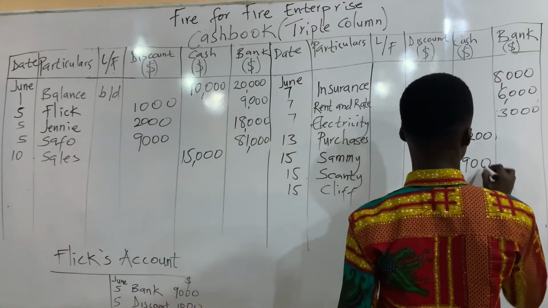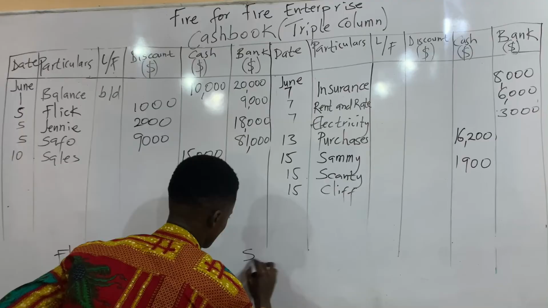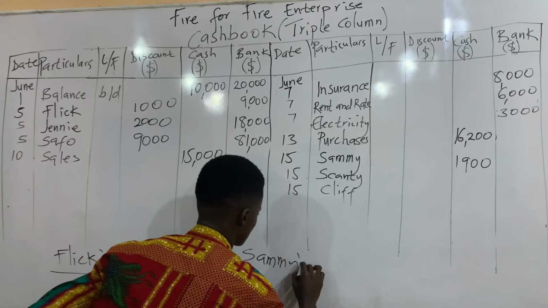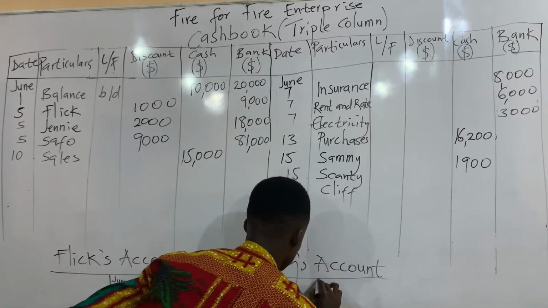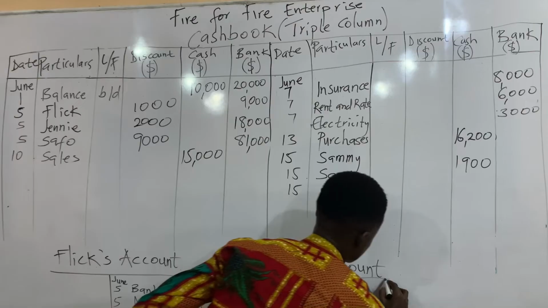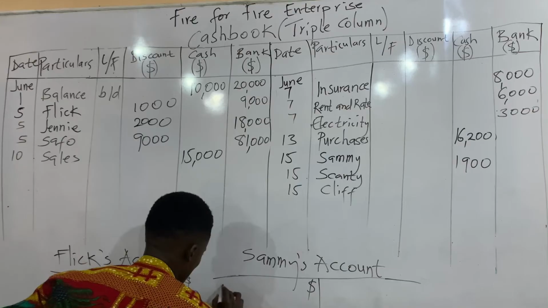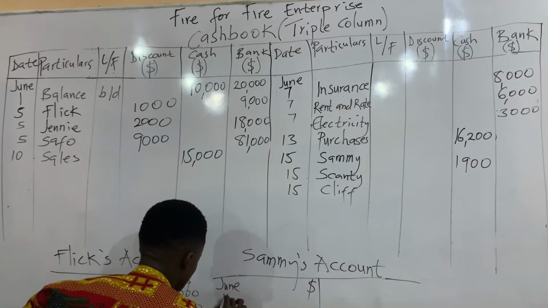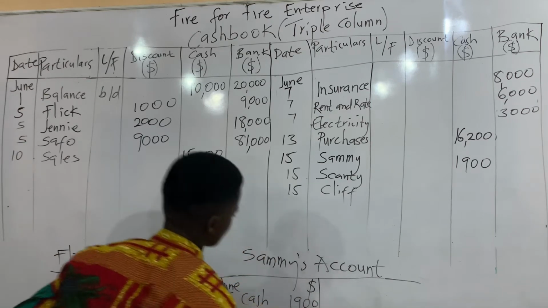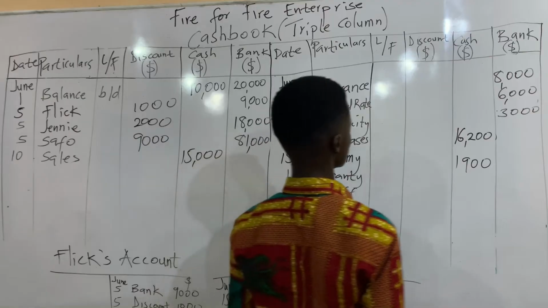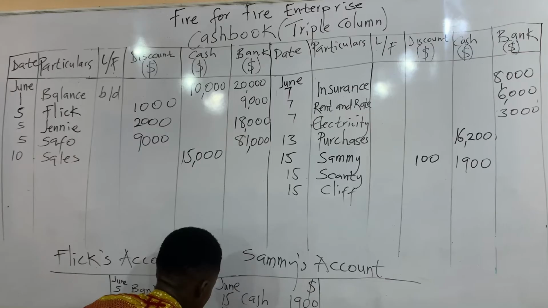So 1,900. Here too, let's try and open an account for one of the suppliers. So let's open an account for Same. So this is Same's account. And since Same is the receiver in this case, Same's account will be debited. So June 15th, cash 1,900. Then we'll pass entry for the discount. So the discount involved here is 100. And we'll come back to Same's account and write discount